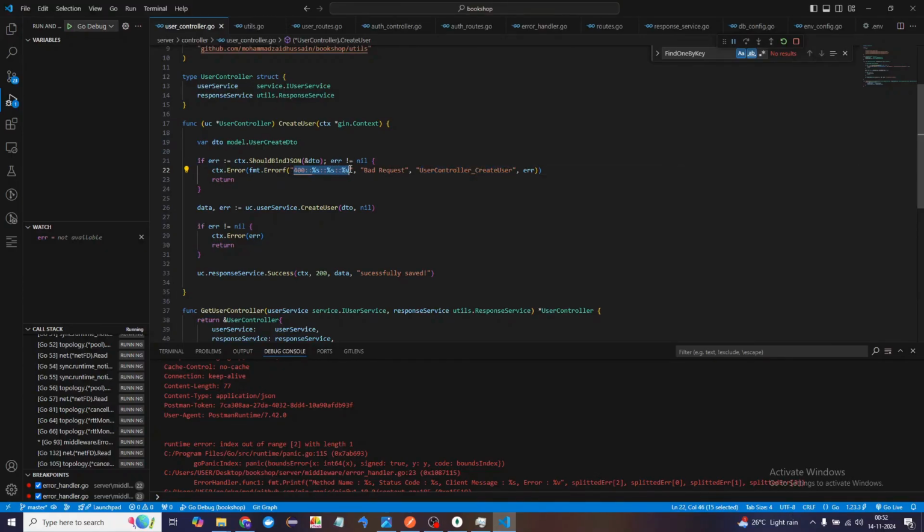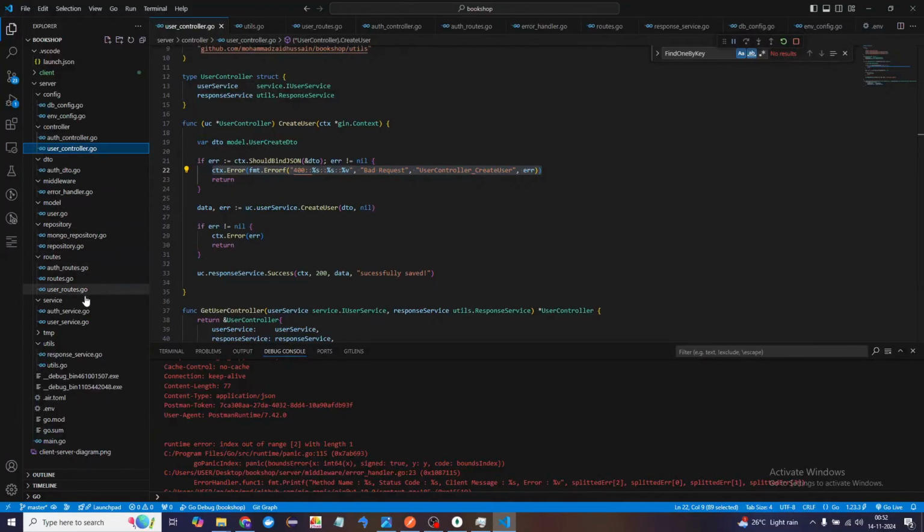Then we can say that, okay, this is a custom error which is written from our application. But what if we don't have the custom error, right? In that case, instead what we'll do is, since we are going to check for error at each point of time, I will just copy it from here, and then if I'm going to return any error, I will use the same kind of functionality from